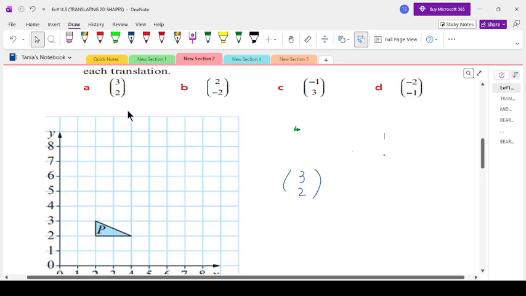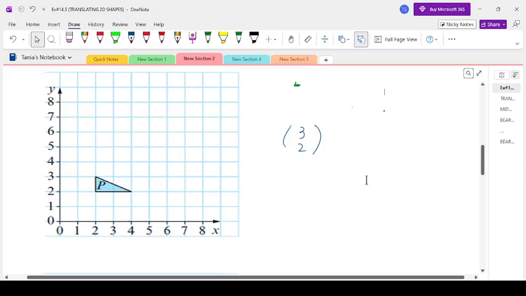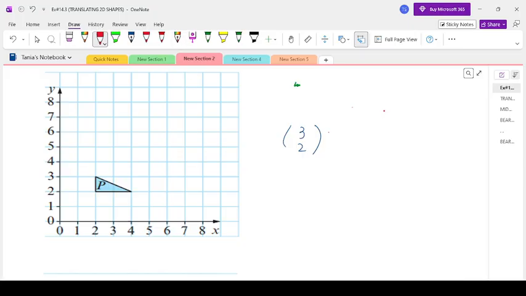what we need to do is translate it by (3, 2), (2, -2), (-1, 3), then (-2, -1), using A, B, C, D as column vectors. So we need to shift it according to the column vector. We need to translate it. So what we need to do, 3 is positive and 2 is also positive. So 3 to the right side we have to move it, and 2